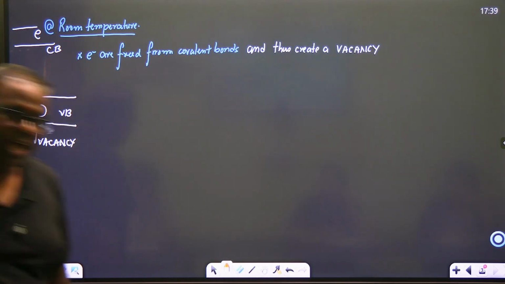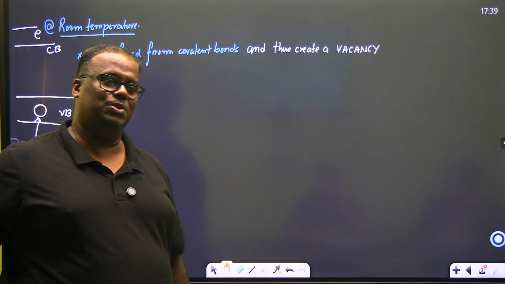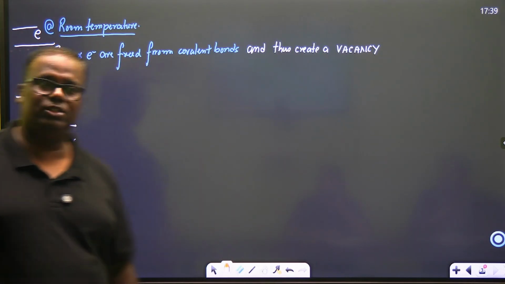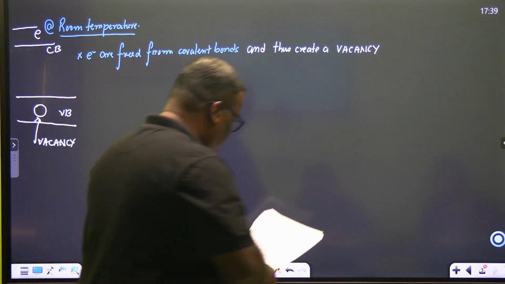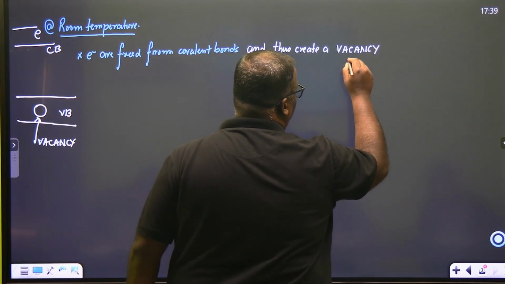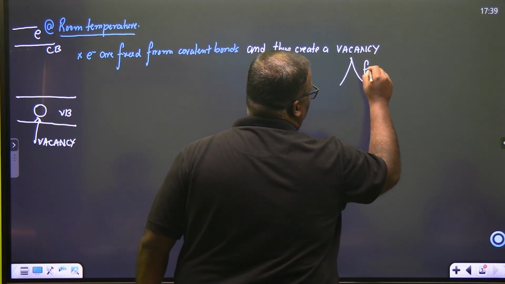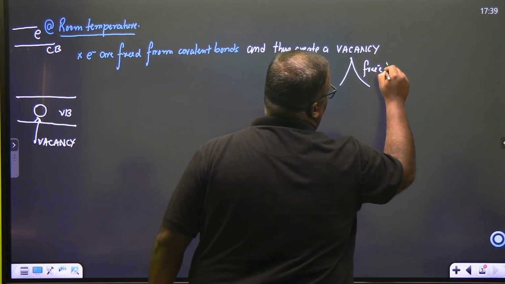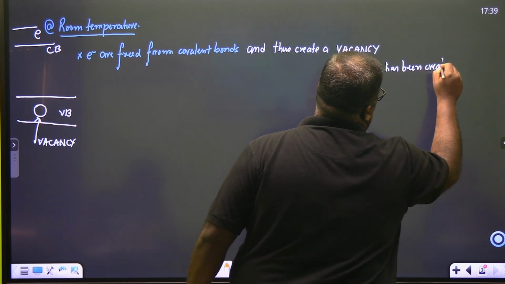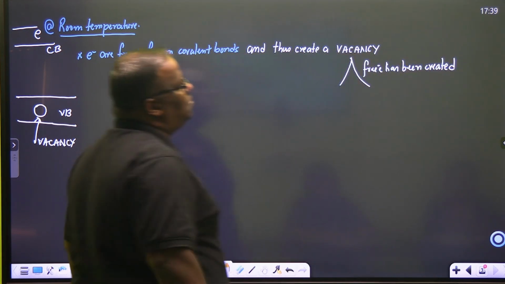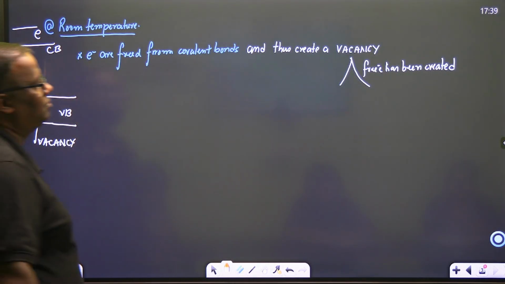The electron has moved and has created one vacancy. Have you understood? This is, Arjun, clear? The electron has moved and it has created what is known as a vacancy. So whenever there is a vacancy, you have actually created what? A free electron has been created. If you draw and make it as a mind map, then it becomes easy for you to understand. Okay?